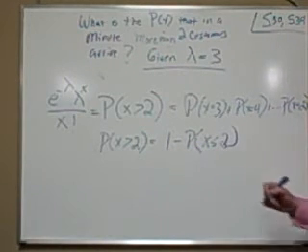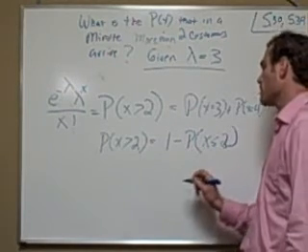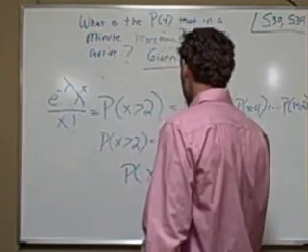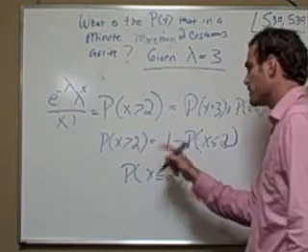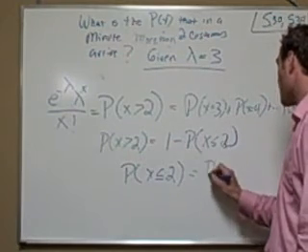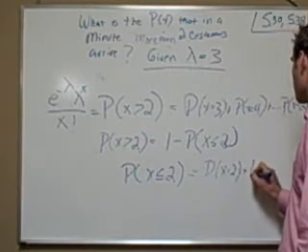Take a second and think about that. Did I get it right? So, if I find out the probability that x is less than or equal to 2, then I can just subtract from 1. So this is equal to the probability x is equal to 2 plus the probability